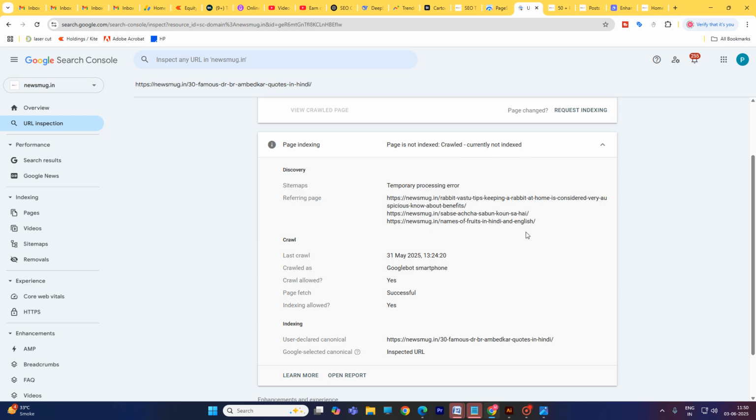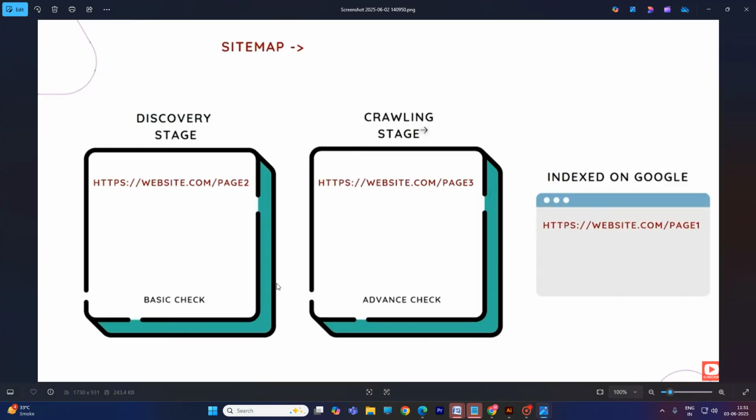There are two steps. The first is "Discovered - currently not indexed" and the second is "Crawled - currently not indexed". These two types of errors show up in your Google Search Console. The first step is a basic check. If your URL is not compatible with the basic check, you get Discovered currently not indexed.